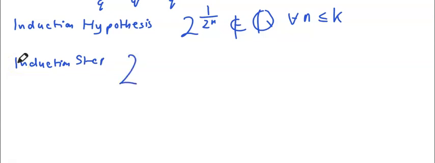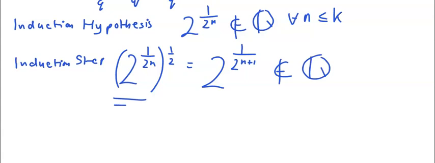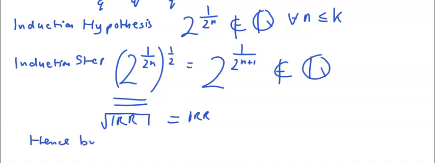We take 2 to the power of 1 upon 2 to the k, and we raise it to the power of a half. And that gets us 2 to the power of 1 over 2 to the k plus 1. But that must be irrational, because by the induction hypothesis, this number is irrational, and we have just taken the square root of it. And so by our lemma, that must itself be irrational, and so hence, by induction,